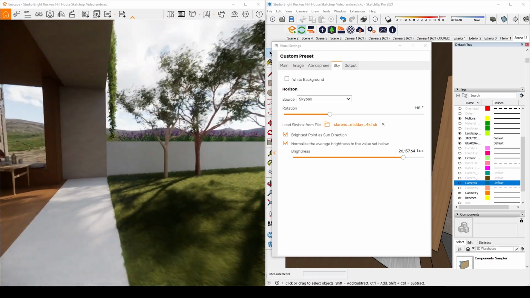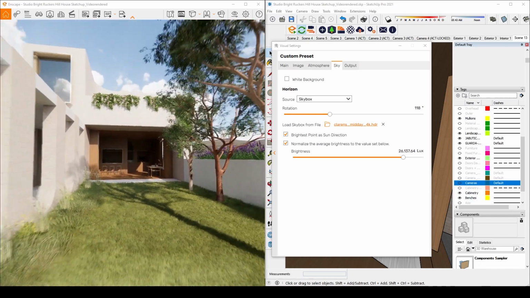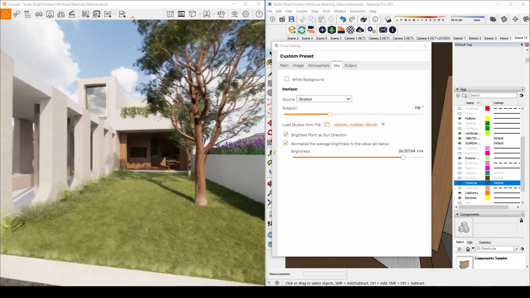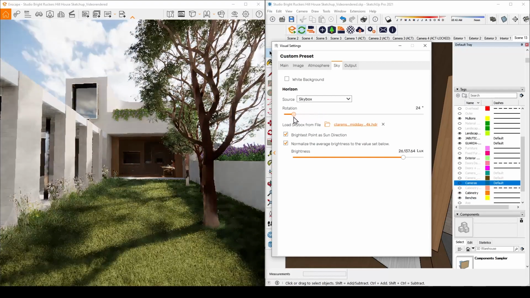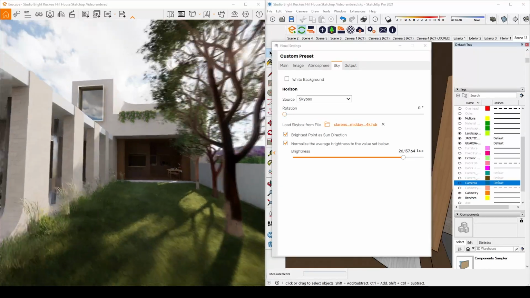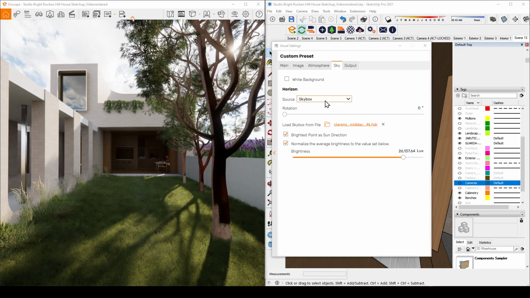Bit more of a sky there, it's looking pretty cool. And gives us certainly another option to play with as well. And when we're looking at this view, once again, we can rotate this around. That's going to change our time of day. That's going to change what it looks and feels like relative to the sun position. If we're not happy with any of these, of course, we can go back and find something that's more similar